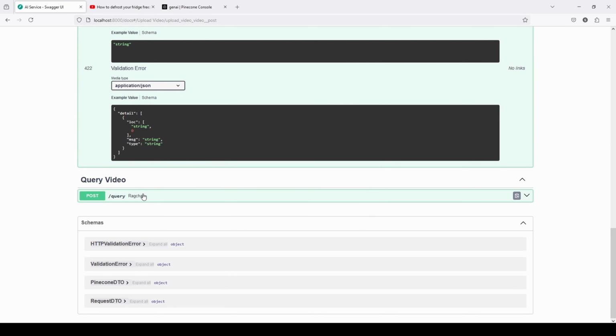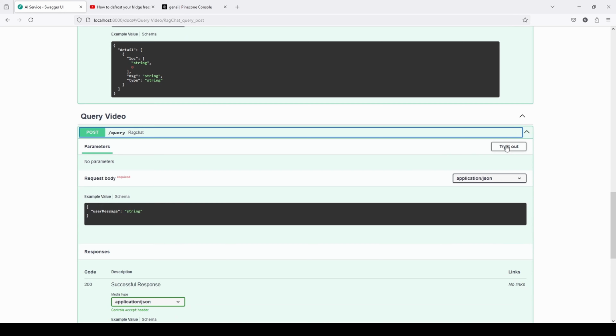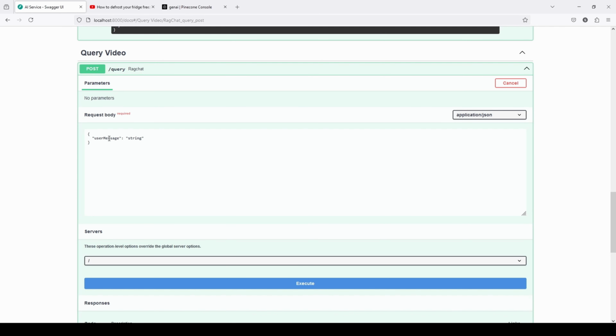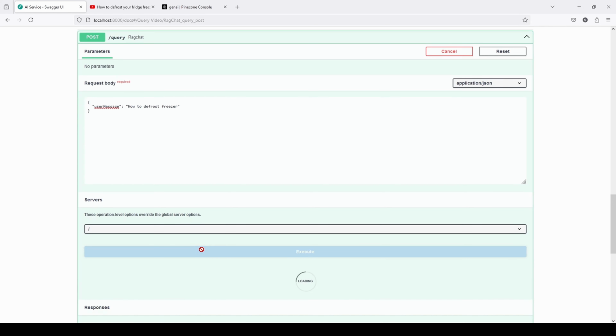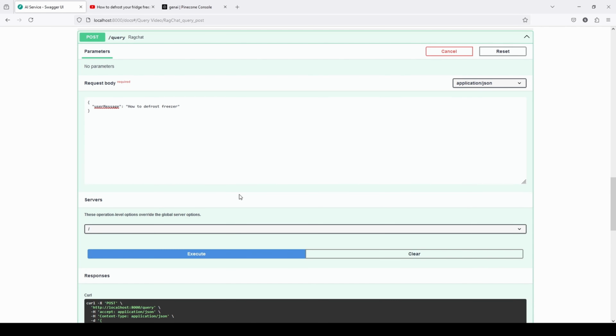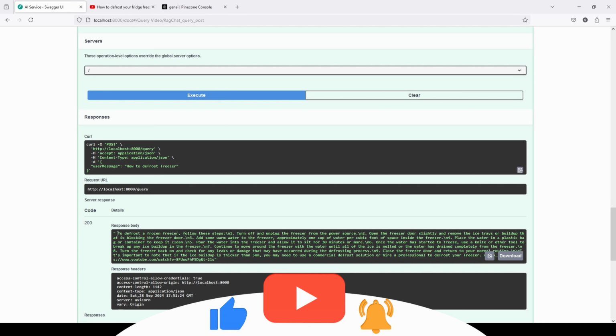Here we have another endpoint, that is query, and here we have to write our message. So our message is like, how to defrost freezer. And now if I execute it, it generates the response, that is, to defrost a frozen freezer, follow these steps, and here it provides the